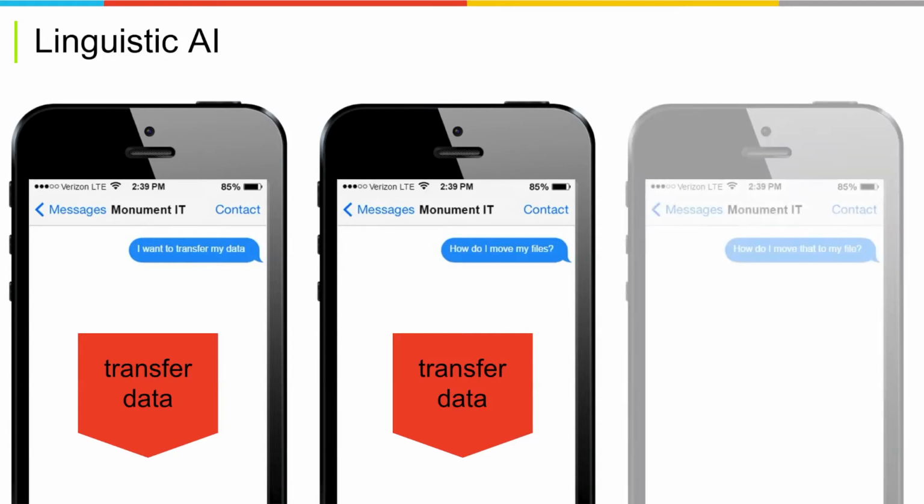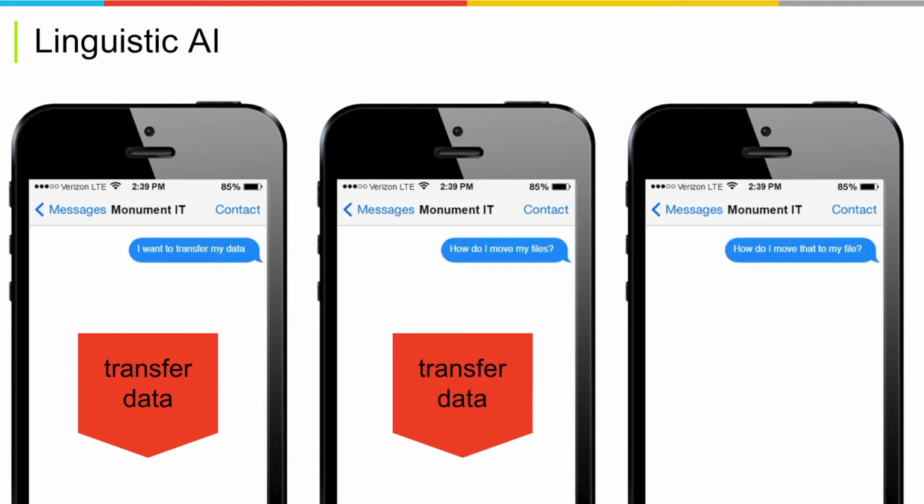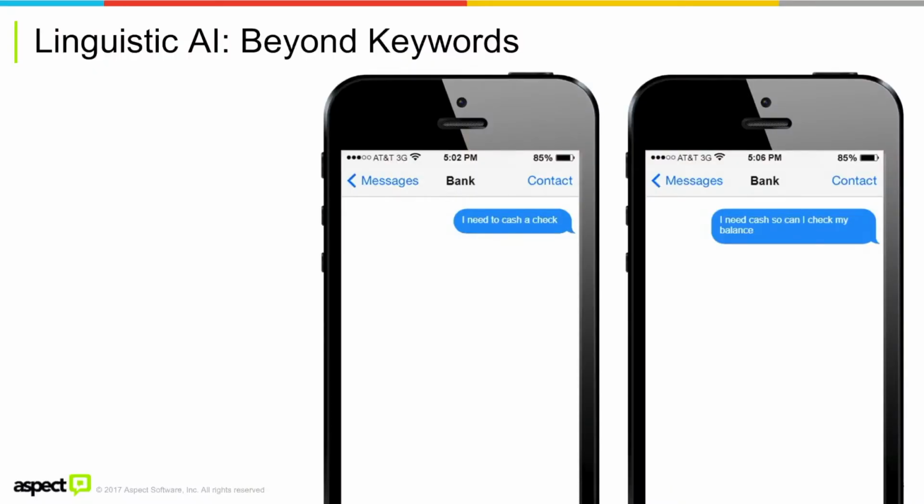And it may get confused about the fact that a sentence that's almost like this one that's now in the middle, how do I move that to my file, is actually about inserting an object into the file, even though almost all the words are the same. So what we need is something that is smart enough to see the relationships between the first two and the differences between the second two. And that's why one of the approaches that we use at Aspect really looks into linguistically what is going on in the sentence. And when I built this example for another talk, I didn't think forward to the fact that if I'm presenting this in the UK, this example does not work as well, so I apologize.